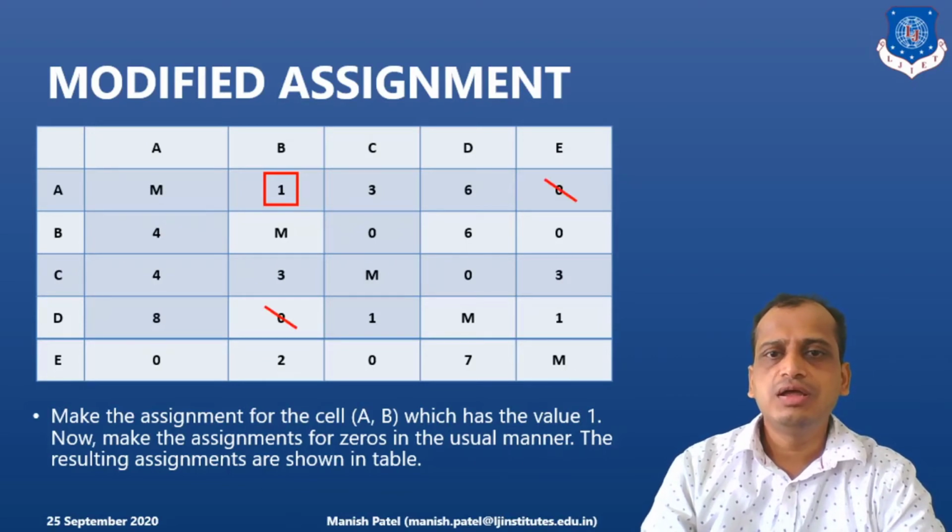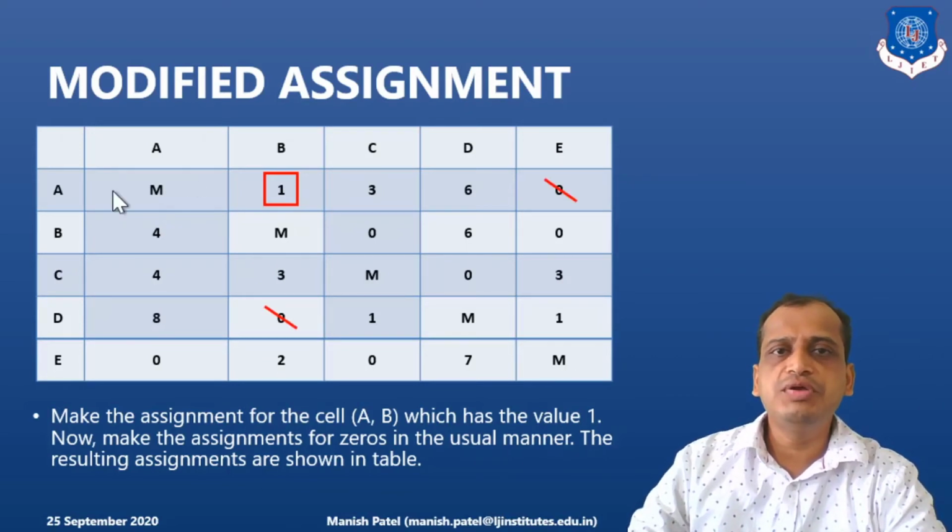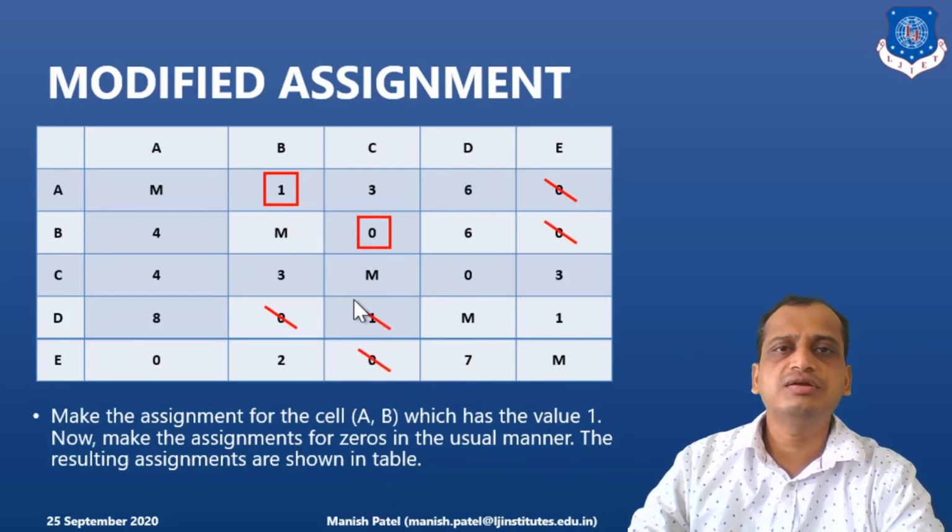What is the next one? Since I have already assigned the A to B route, I will cancel the corresponding row element 0 here and the 0 in the column as well. Next, I will scan the second row. I have 0 here, so I will cancel the corresponding 0 here, 1 here and 0 here, because 1 is also considered as the assignment. So that is what I have done here. Clear? Then what is the next step? Next step is to assign C to D. That is what I have done here. And there are no corresponding zeros in this row and column. So I will go to the next step.